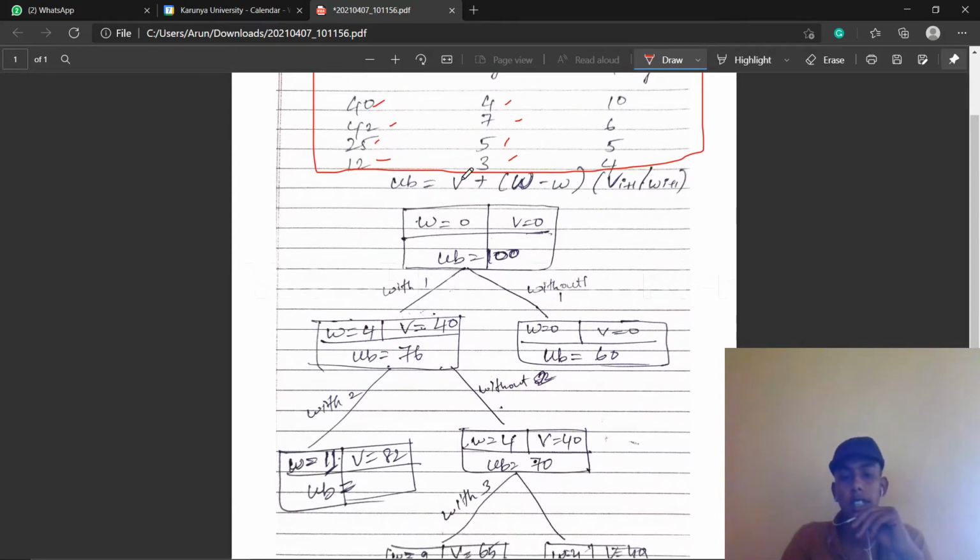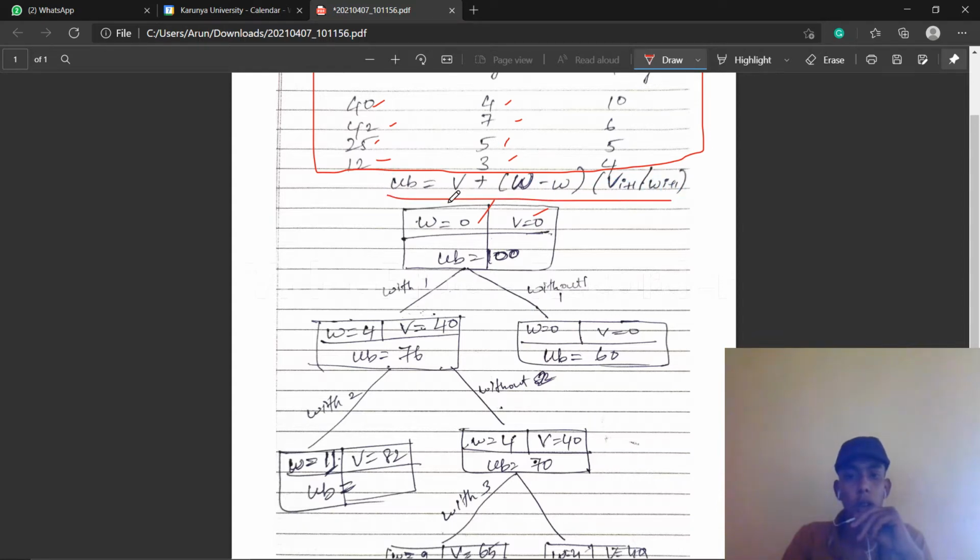Now we are going to construct a tree. The first node has weight 0 and value 0, and we need to calculate its upper bound. How is the upper bound calculated?